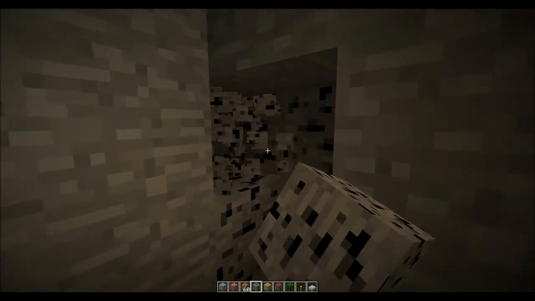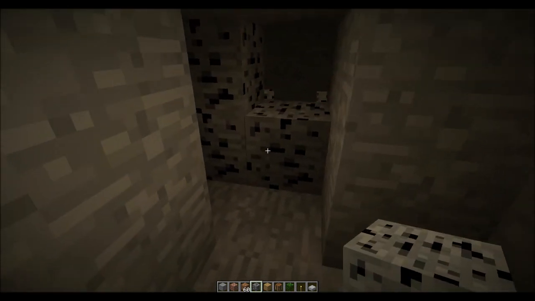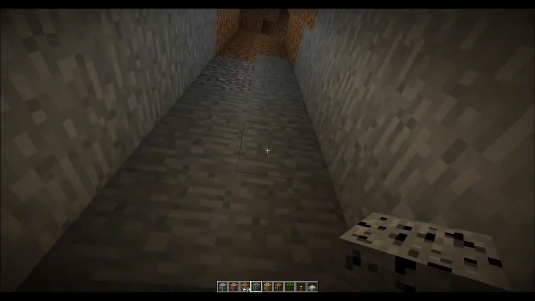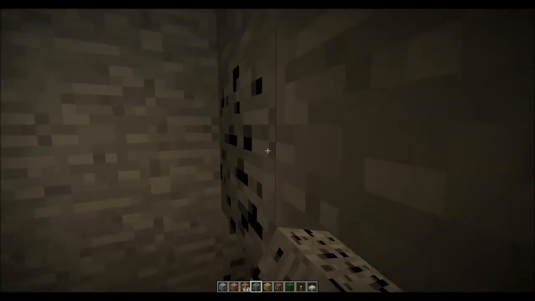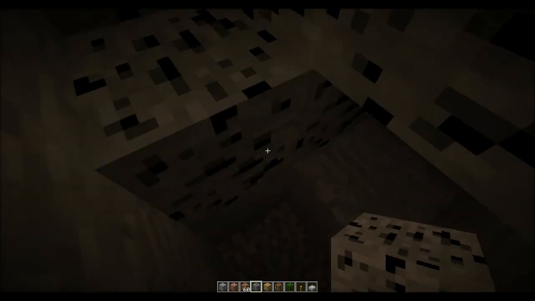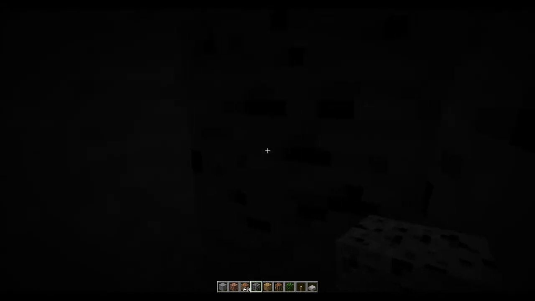So 1, 2, 3, 4, 5, 6, 7 of them spawned. So spawn generation does work. You just need to figure out a way to find them easily. Probably use some X-ray mods and stuff. So yeah, this has been